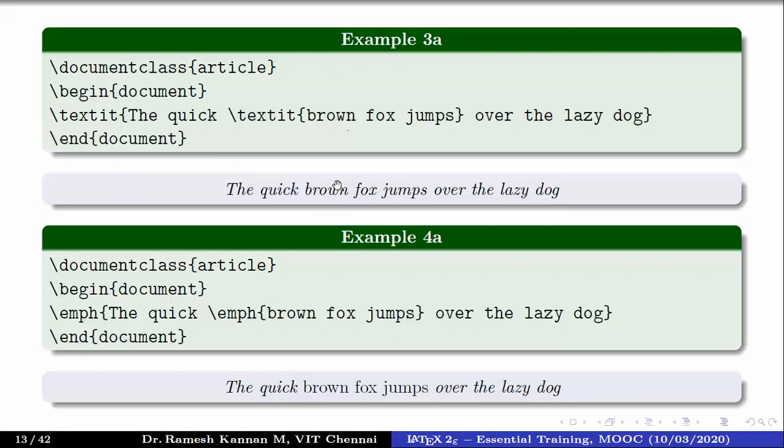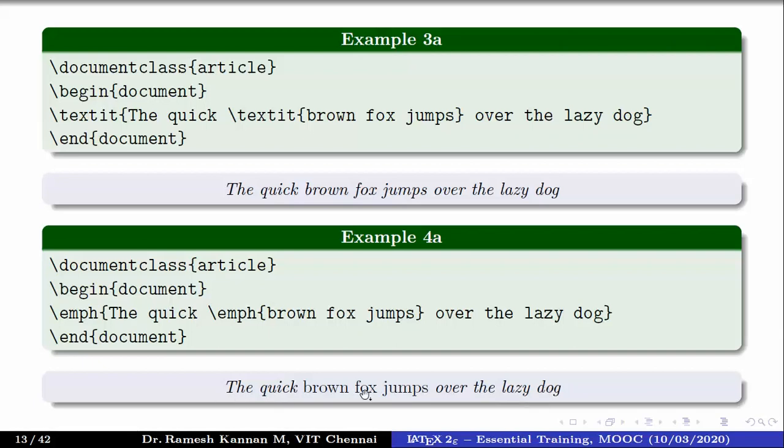So we may not know whether this italics is because of this or this, so it's probably the same sentence. But if you provide an emphasis over the entire content, say for example EMPH and open bracket and close bracket, with the entire sentence in between, and then we are also interested in providing the emphasis for brown fox jumps. So open slash emphasis, open bracket and close bracket, and we want it to be emphasis within emphasis. But when you look at the output,